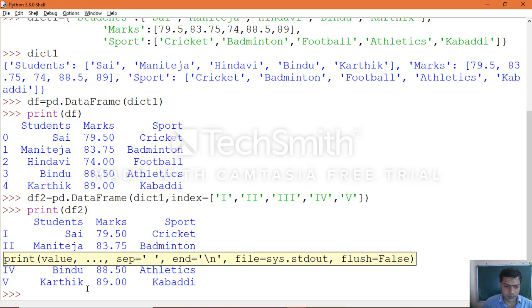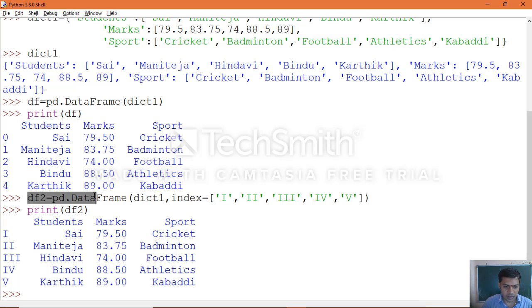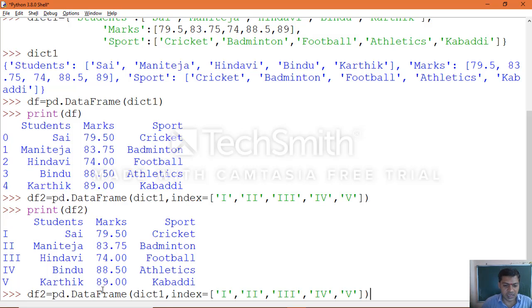Suppose you want to make the index longer. If you increase it here, what happens? Let's see. The index which you increase should match the number of values in the dictionary sequence. If you increase it, you may get an error message. Let's assume we specify 6 row labels.